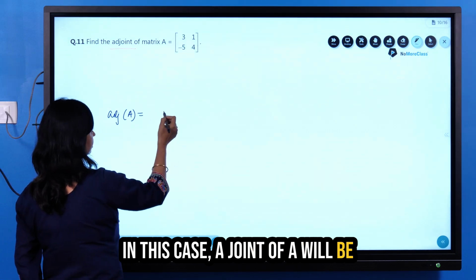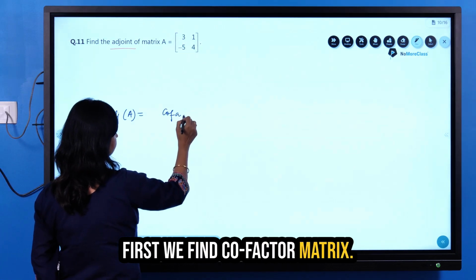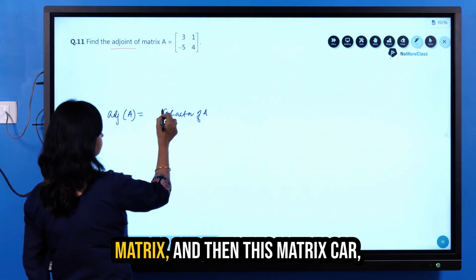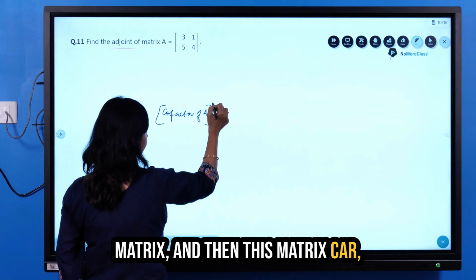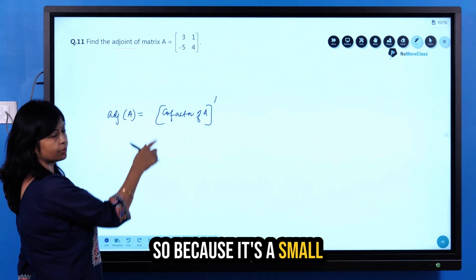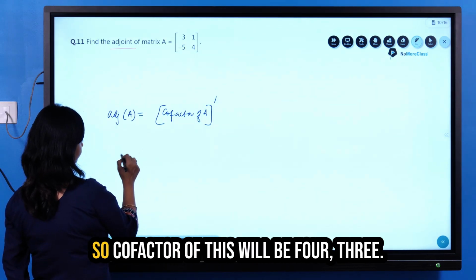Adjoint of A will be, first we find the cofactor matrix, cofactor of A. So we find this matrix and then we'll take the transpose of this matrix. That is basically the meaning of adjoint. So because it's a small matrix, let's do it one by one. So cofactor